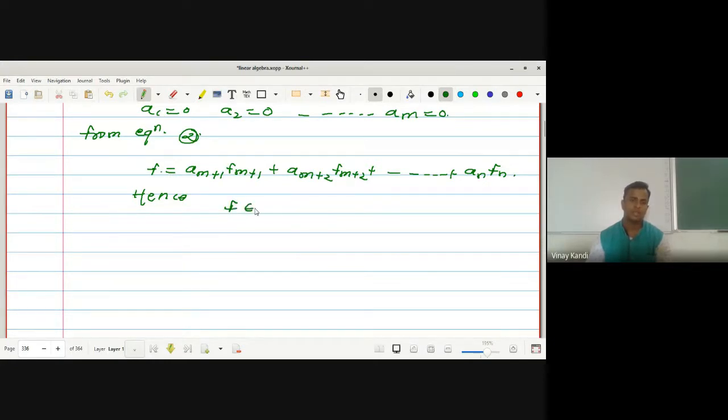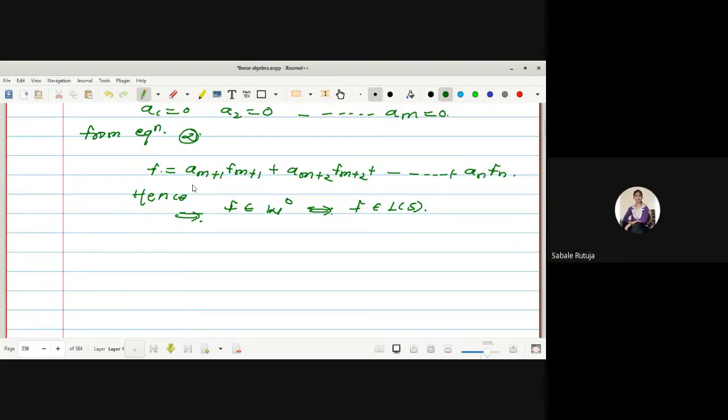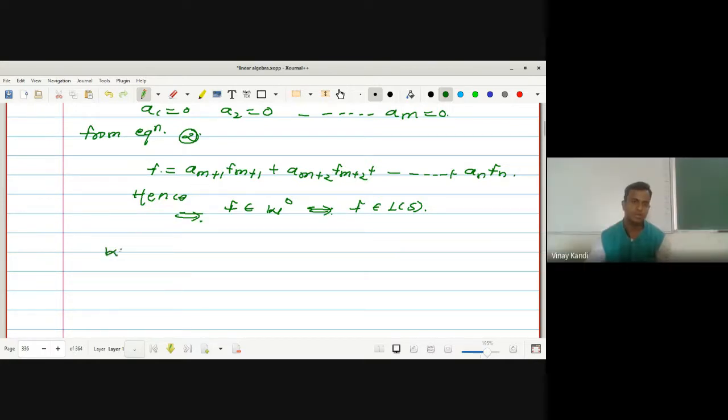Hence, if f belongs to the annihilator of W, this implies we can write it in the form of a linear combination of elements of S. So this f belongs to the linear span of S. Okay, any doubt up to here? No, sir. We will prove the second part of this tomorrow. Okay, we prove that the linear span of S is contained in the annihilator of W, in the next lecture. Up to here, any doubt?